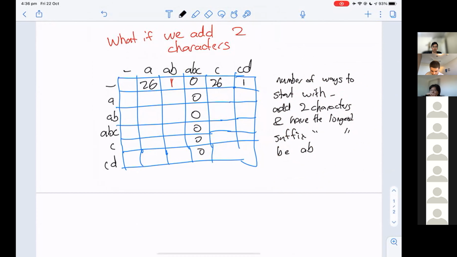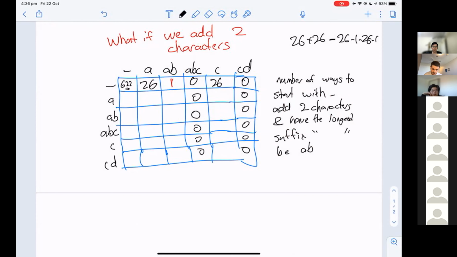And CD, one option. For blank, it's going to be 26 times 26 minus everything we've already covered here. So 26 times 26 minus 26 times 26 minus 26 minus 1 minus 26 minus 1, which will get us, I think if I'm right, 622, if I've done my maths right. And in fact, we're going to put a 0 here at CD because, again, this entire column will be zeros.